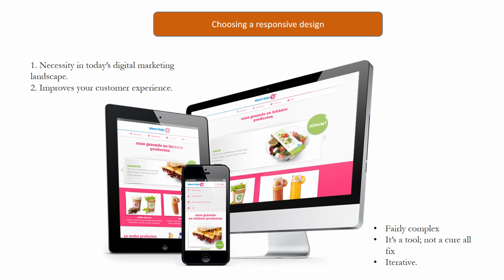Personally, I would make this investment in this style of web development. It's a necessity if you want to compete in today's digital marketplace. It will greatly improve your customer experience as they interact with your website between various devices. Now, responsive design might sound relatively simple, but it's a fairly complex endeavor. Use responsive design as a tool, not a cure-all fix. You'll still need to take usability into consideration, and that might mean changing certain interactions on your website to accommodate responsive